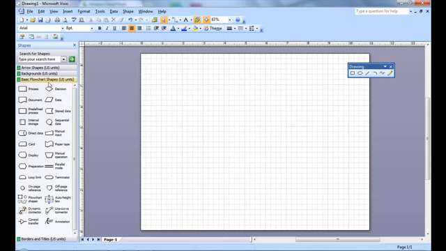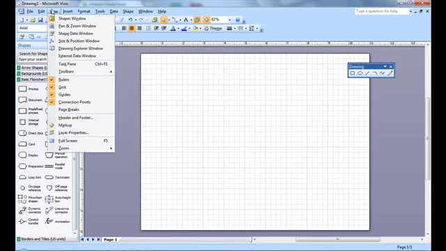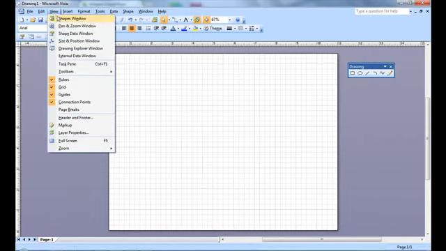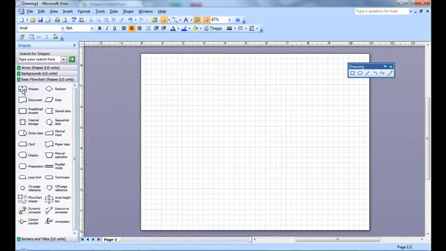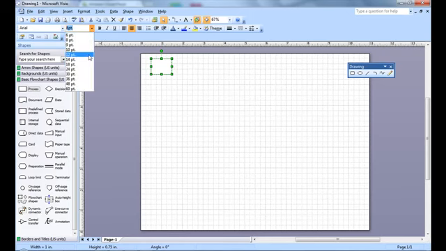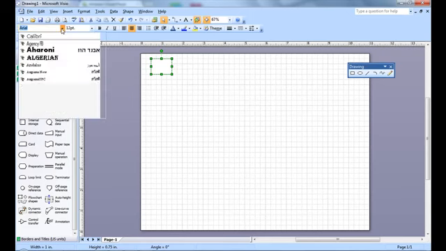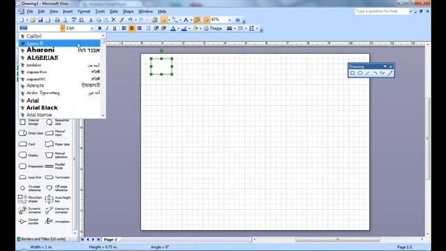On the left you'll see the shapes, which you can bring up by going to View, Shapes window, and you simply create a flowchart by dragging the shapes onto the work area, the page. It starts off with a basic coloring, font, and font size. I like to change it to 12 point and the font that you like to work in,